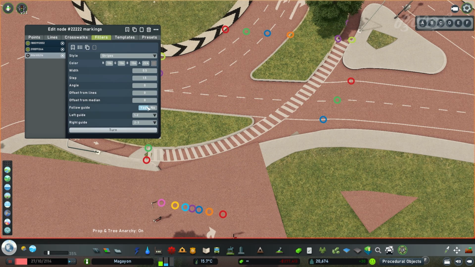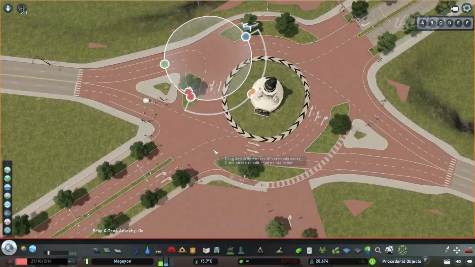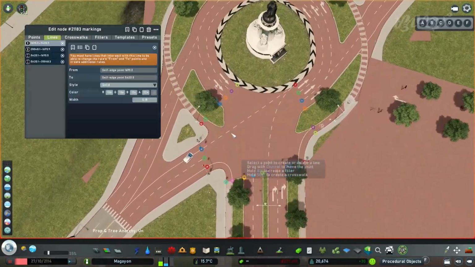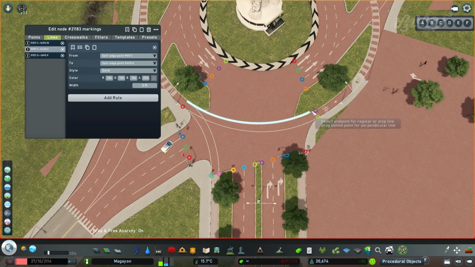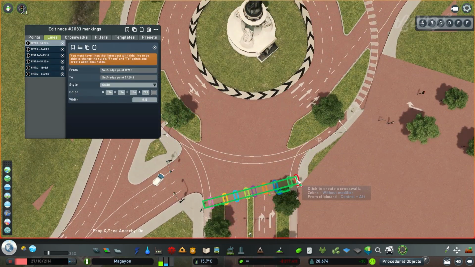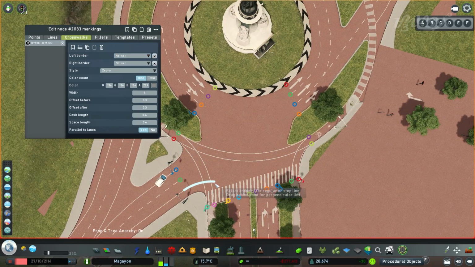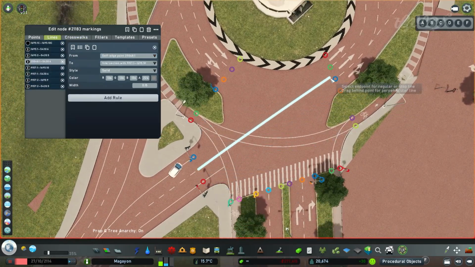I think it's still supposed to be 2. Hit me up in the comments if I should change it into a 2-laned one in the center, in the main rotating thing, because I think that's the one that is most appropriate. Now, there's a little bit of an issue here. I don't think this is actually a roundabout. I think it's just an intersection with a little bit of a roundabout.